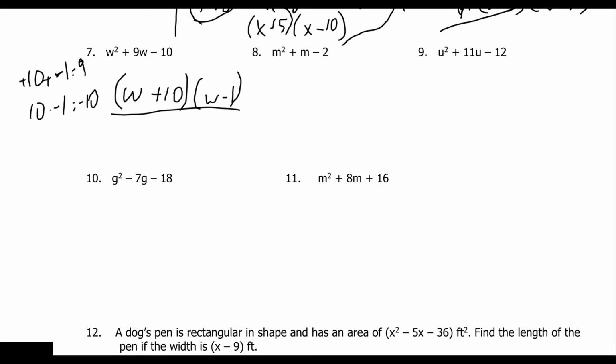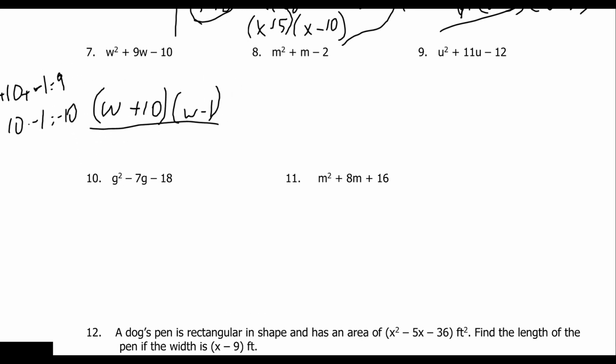And number 8. Is there any way to get positive 1 out of the multiples of negative 2? Alright, so we got negative 2. We got 1 and negative 2. That wouldn't work. How about negative 1 times positive 2? That might work. So we can do m squared minus m